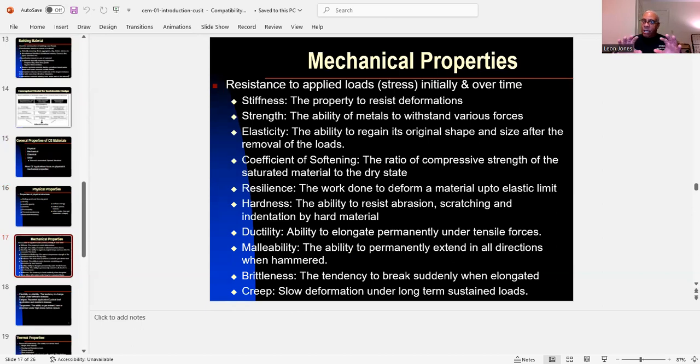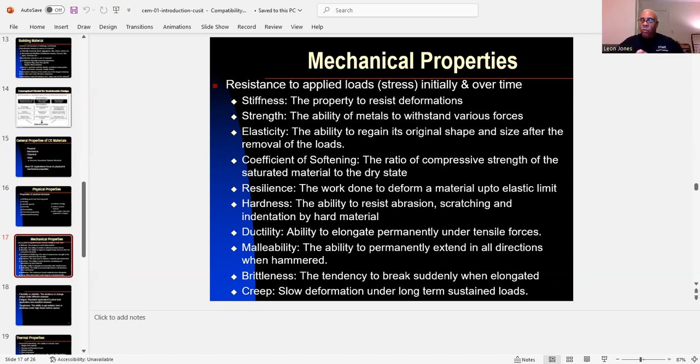Now, mechanical materials. Now, we're getting into some mechanics of materials, and you're going to see a lot of this information, particularly on the civil and even the mechanical side, when you take courses like mechanics of materials and materials testing. You'll see all of this information. But if you've taken those courses, like I've had, you're going to see one word or two words. You're going to see stress and strain, and you're going to see